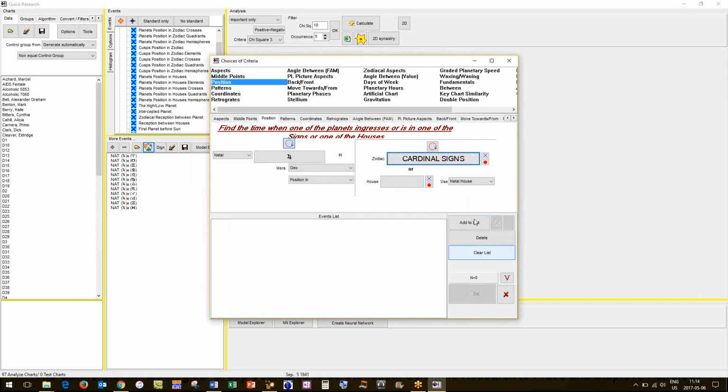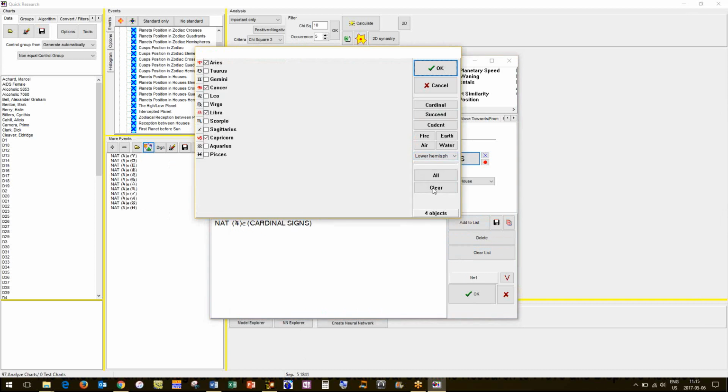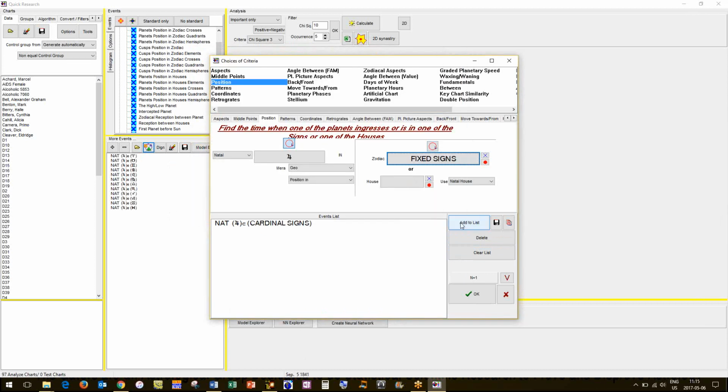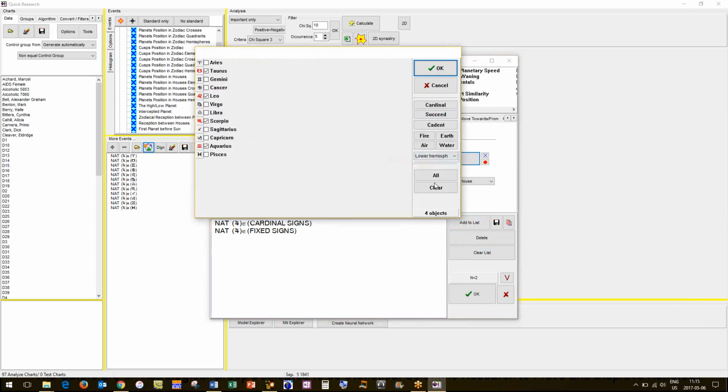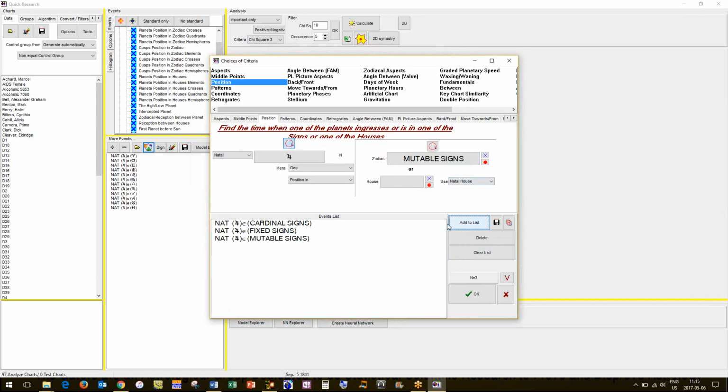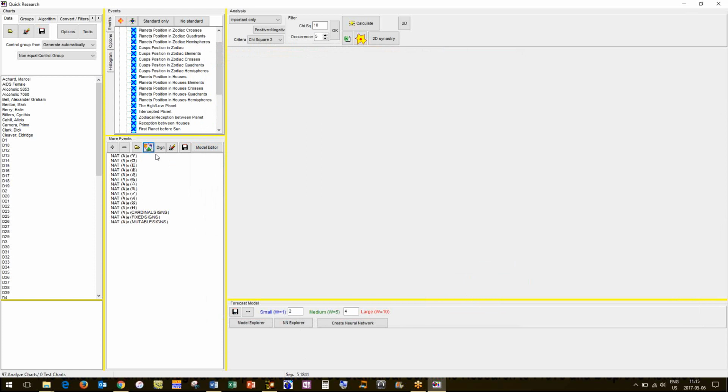If we click on that to gray it out, we just get Jupiter is in cardinal signs. Clear, succeedant, that's still grayed. It's fixed signs. Clear, cadent, mutable. We can say OK, so that gets added to the list.